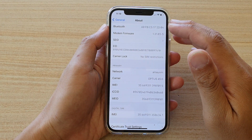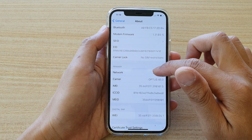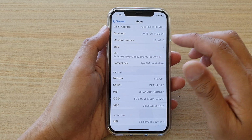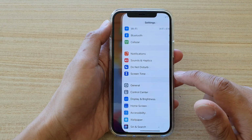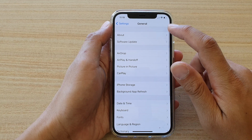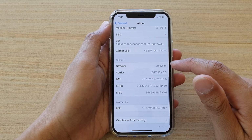Hi, in this video, we're going to check to see if your iPhone 12 or the iPhone 12 Pro is carrier lock or network lock. And to do that, first, let's go back to your home screen by swiping up at the bottom of the screen. Then tap on Settings. In Settings, tap on General. Then tap on About. And down here, if we scroll down, we can see it's a carrier